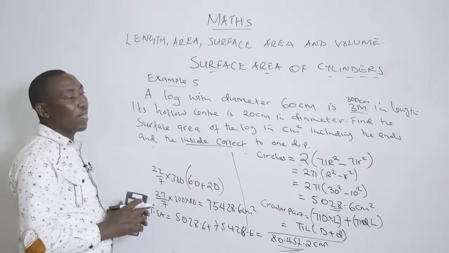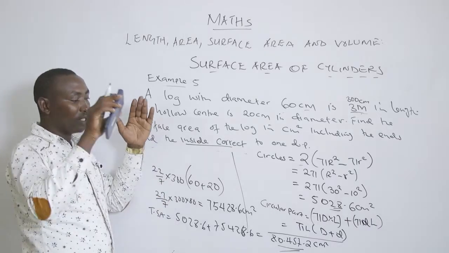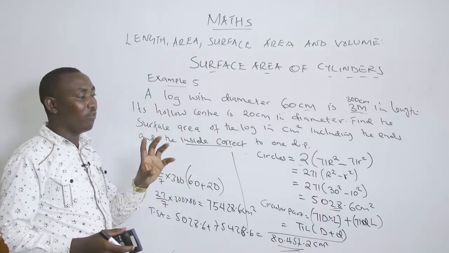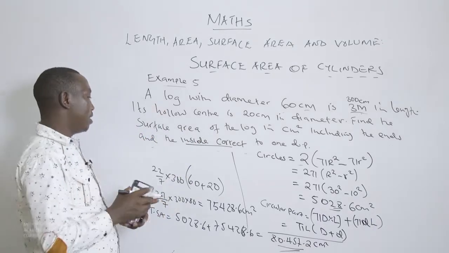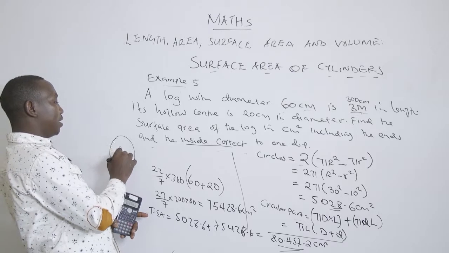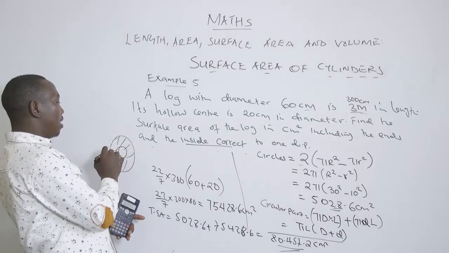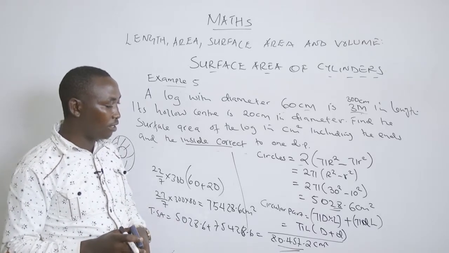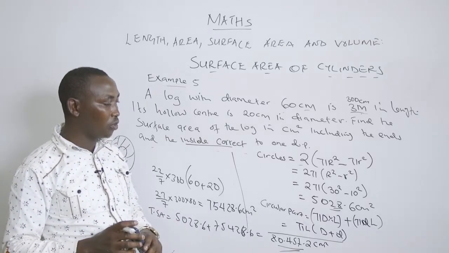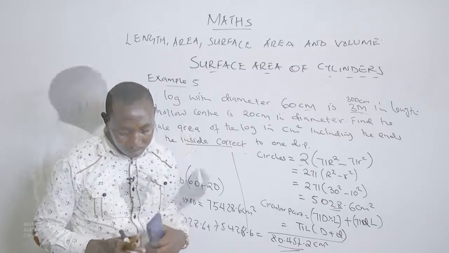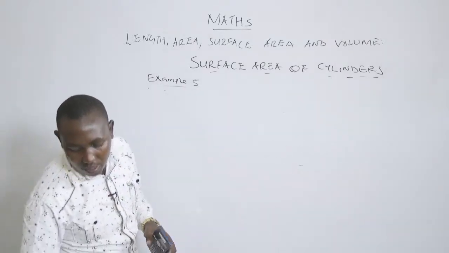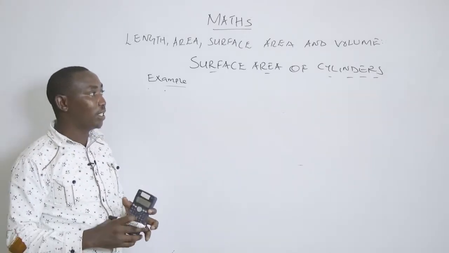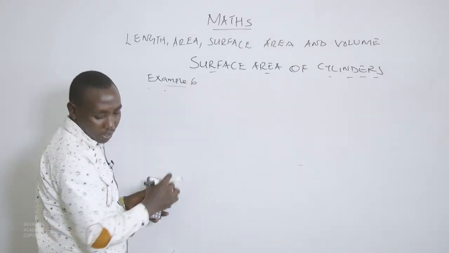So we have calculated the outside surface area, the inside surface area of that particular hole, then the two ends, which has a hole inside. So it has given us 80,457.2 square centimeters. The last example in this particular area of finding the surface area of cylinders, example 6,